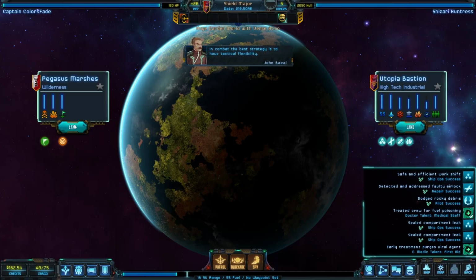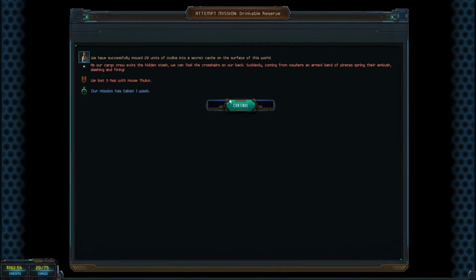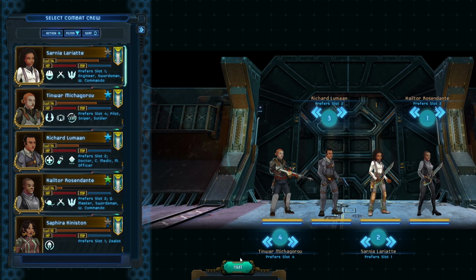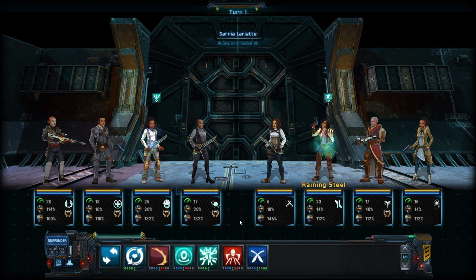Empty stomach as always. Drinkable Reserve. Stash the vodka. Oh no! As our cargo crew exits the hidden stash, we can feel the crosshairs on our back. So, this is too bad. This is too bad because fighting in a wild zone is almost always harder than anywhere else. So,